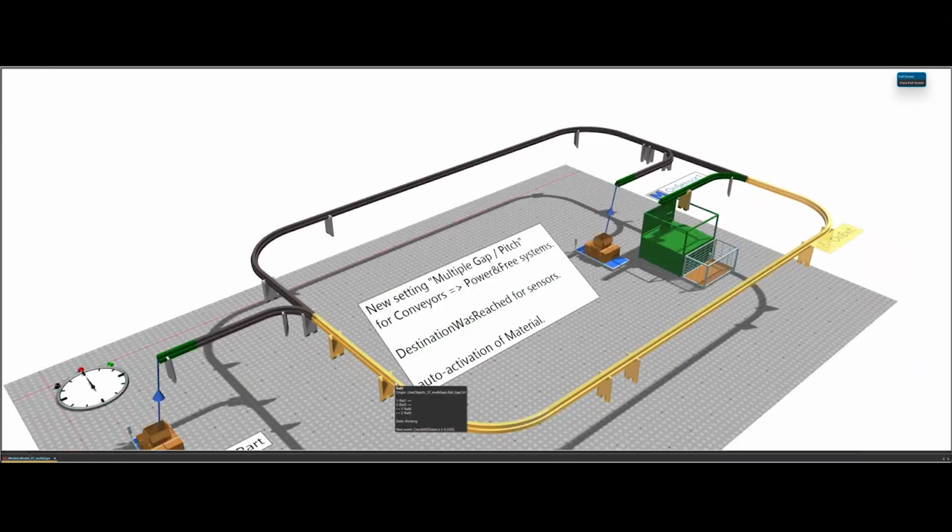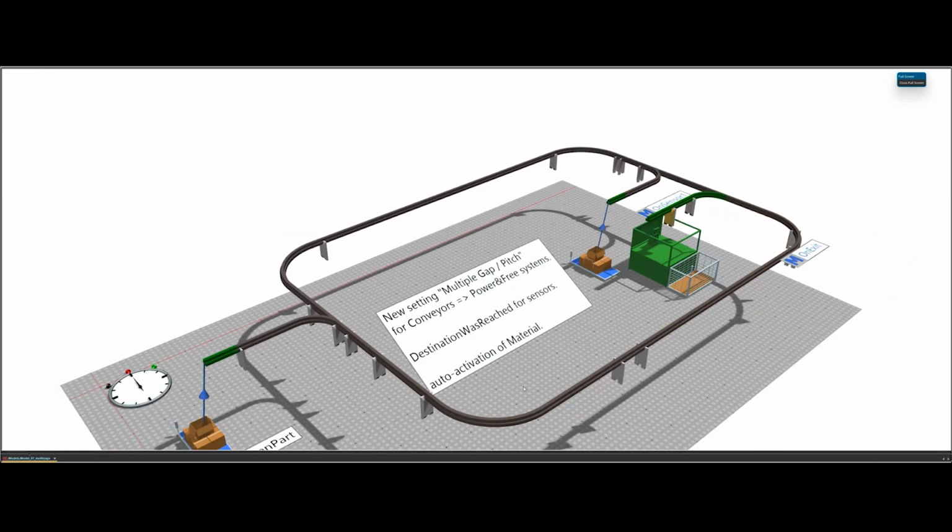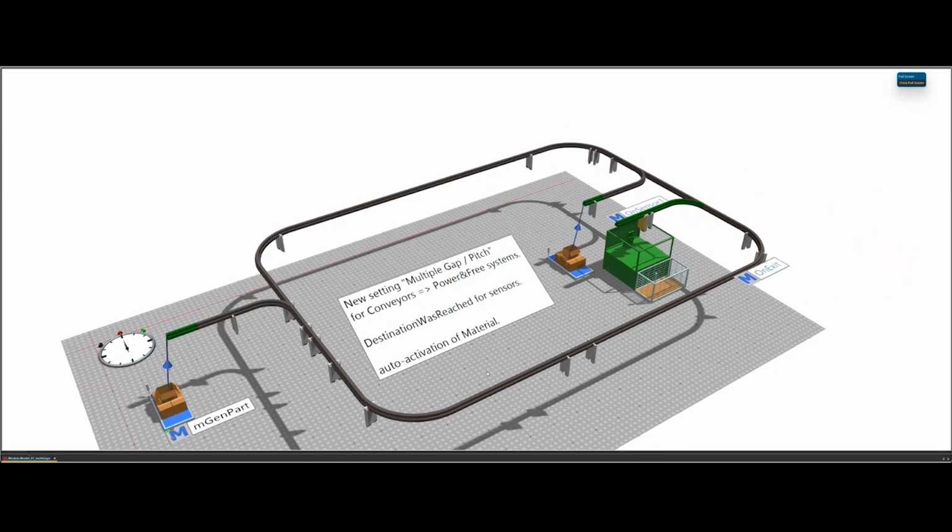And here in this case, you don't really see a big difference in the animation. But I would say that this is a very easy way now of having a much more realistic simulation of something like a power and free system.